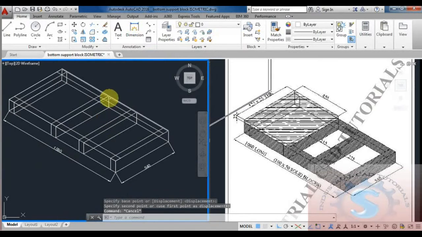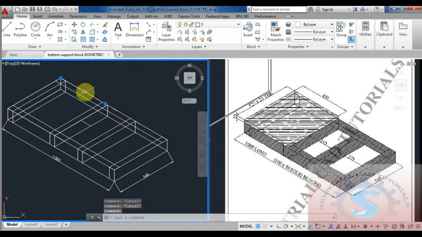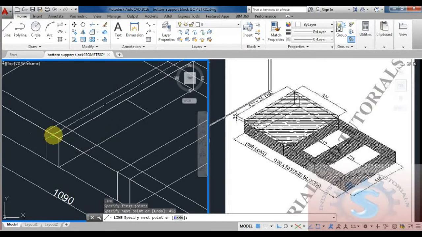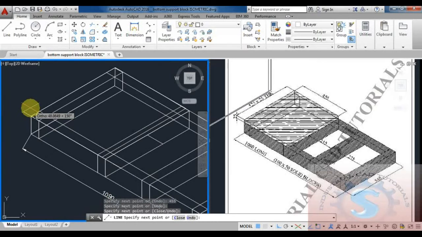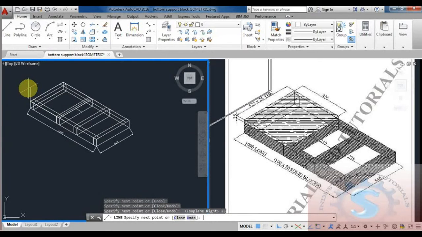See, in between, the distance 275 is completed, and 235 is okay. You can check all the dimensions by using the dimension options. I'm giving 455, and the 525 is the block,